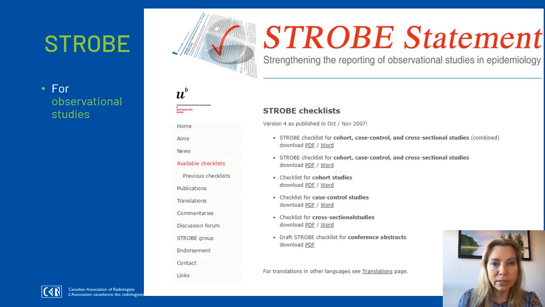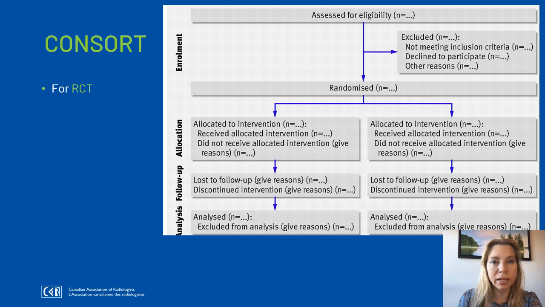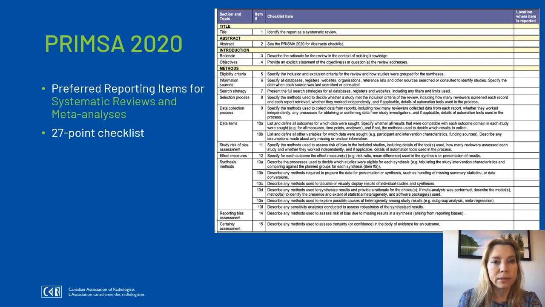These are other statements, for example, for observational studies. This is for randomized control studies, and this is for meta-analyses. So the meta-analyses tend to have the most checklists and points, but these are all, again, easy to follow step by step, and you can use this even if you haven't done a lot of these types of manuscripts yourself.